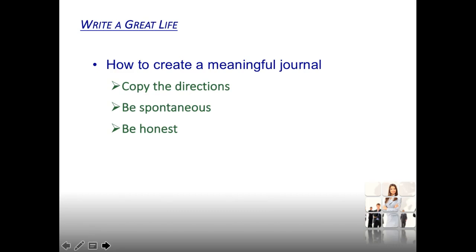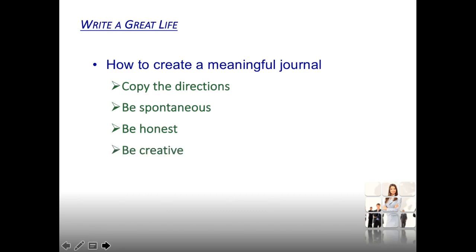These journals are private, and the only person reading them besides you is me, and that is only for grading purposes. I promise that I will not share your journal with your classmates, and anything you say will remain confidential. However, if I see a real struggle, I may recommend help from other professionals on campus. But before I recommend help, I will discuss the matter with you privately. So, as you write your journal, be honest and be open.